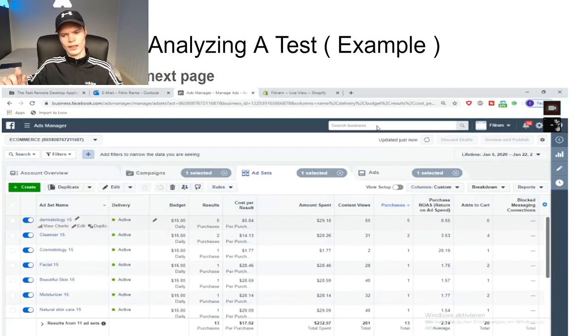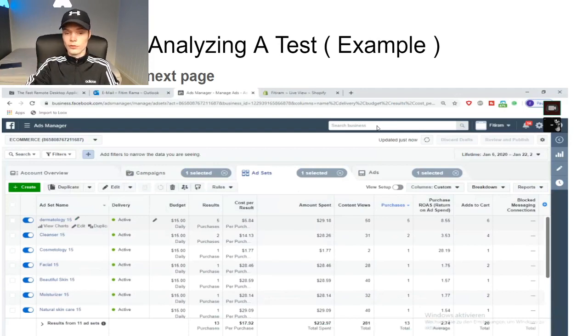And now I'm just going to analyze a test. This test is from, like, 2019 or something. Yeah, it's early 2020 actually. So I did a test. This was one guy in the coaching. I just found a screenshot because I just refreshed my computer, so I have nothing on this. This is the only screenshot I had, but it's perfect for this situation. So now we're going to analyze his test.